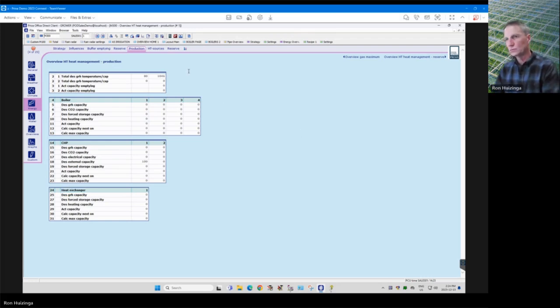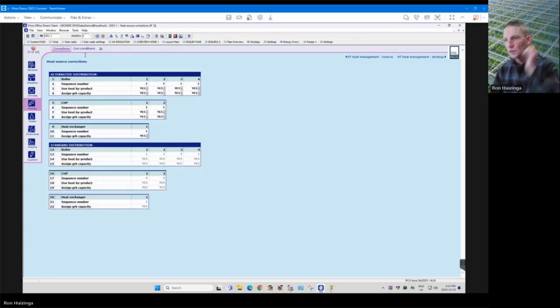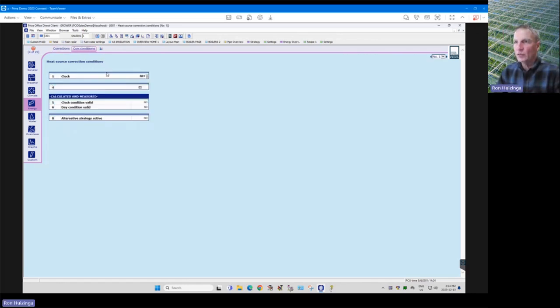M300? Yes. So you have these alternative conditions you can turn on. Alternative. So you can turn these on, and you can say what. Most of the time this is not used, but what we can do is we can say that boiler, there's a couple different pages for this, but you can